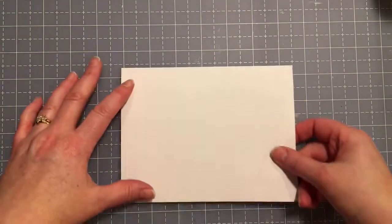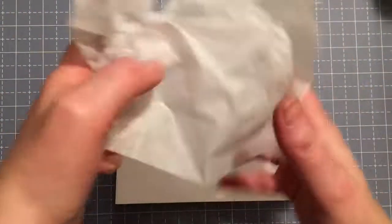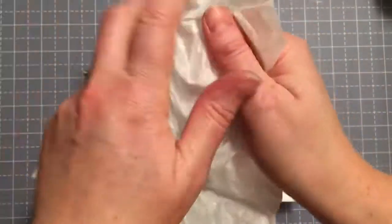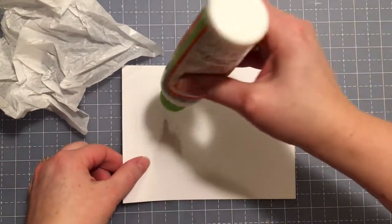Put this over here. Okay, take your card, folds going at the top, and then I have about an 8-inch square of tissue. Once again, we're going to wrinkle it, but not into a ball. Just want it kind of compressed. And then we're going to take the glue,